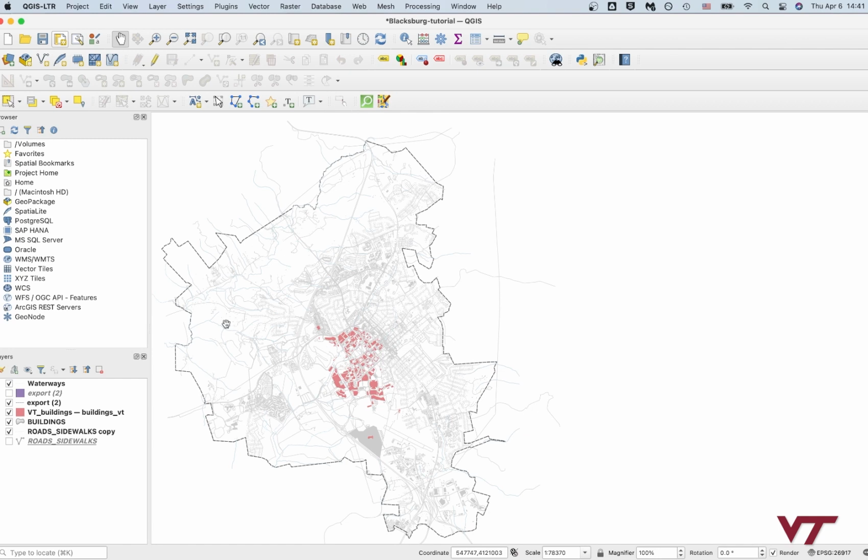But alright, so I just Control S to save it, so now we've got our administrative boundary in here. So now what we're going to do to download the topography data is we're going to go to